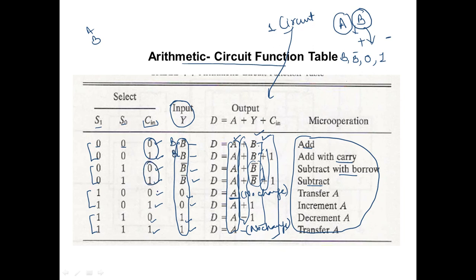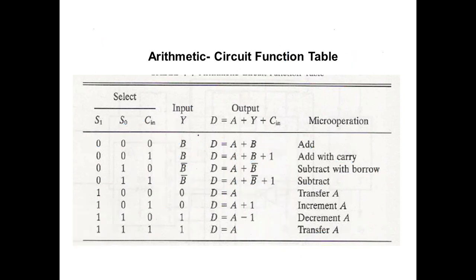For these next two values of the possible combinations of 0 1, C in can be 0 and 1 again. So I am saying, okay, let's try it with this complement method and then observe what I can get as an output. Similar is for this 0 and for this 1 case. So let's understand in detail how this entire arithmetic circuit's function table can lead me to the output, or you could say, to the circuit diagram.